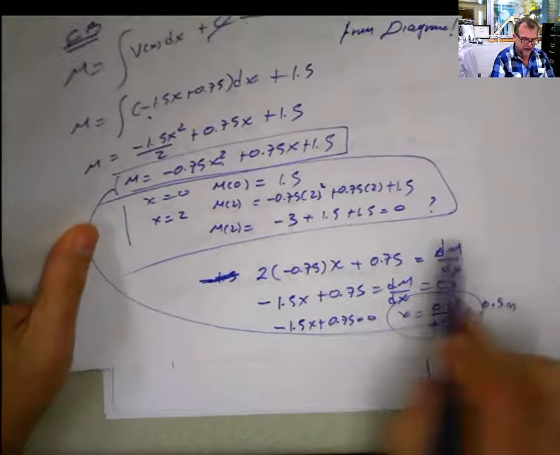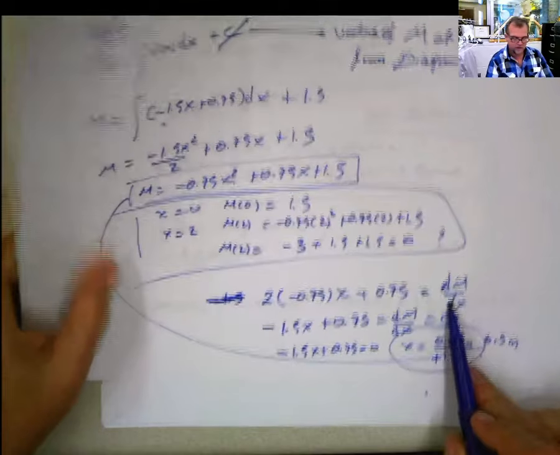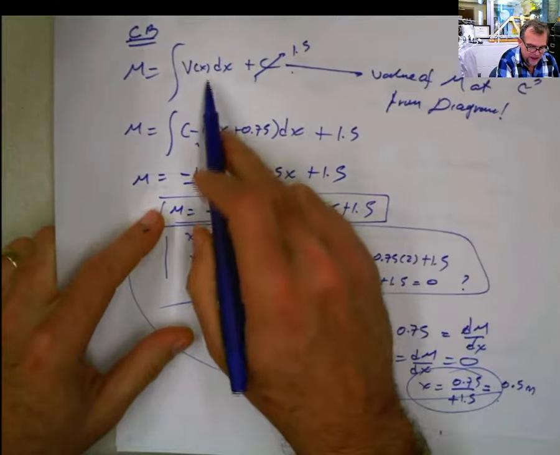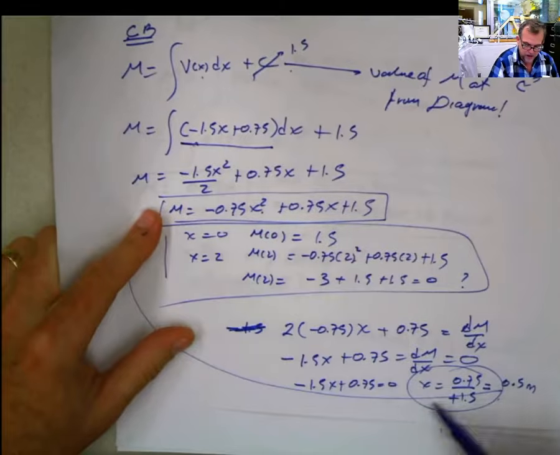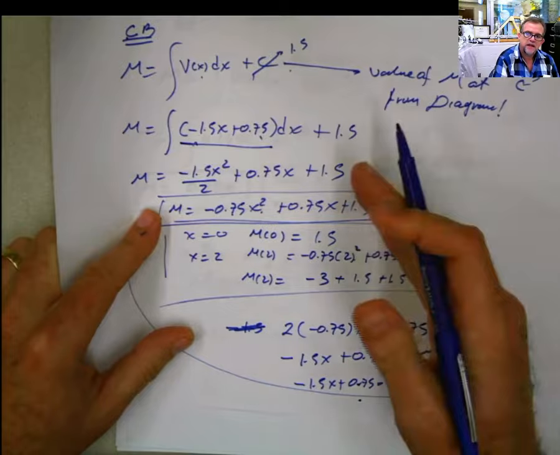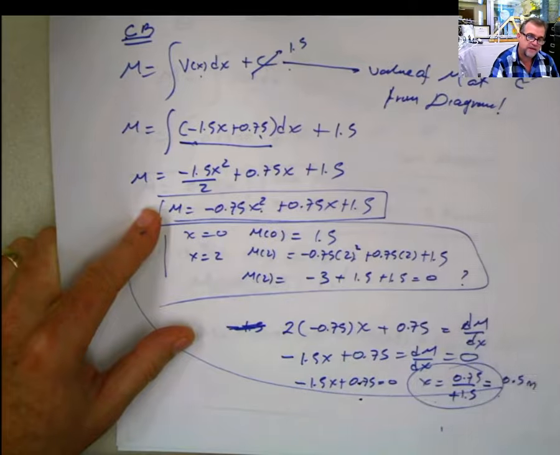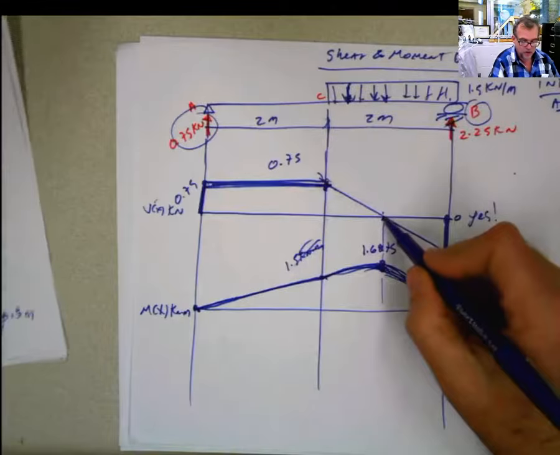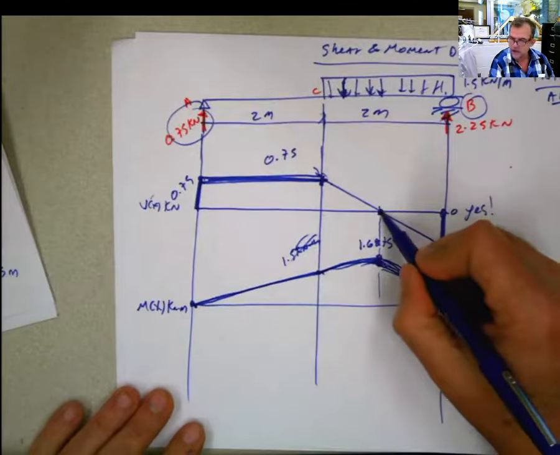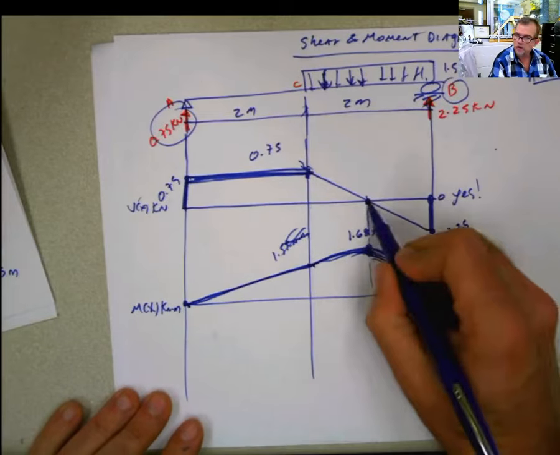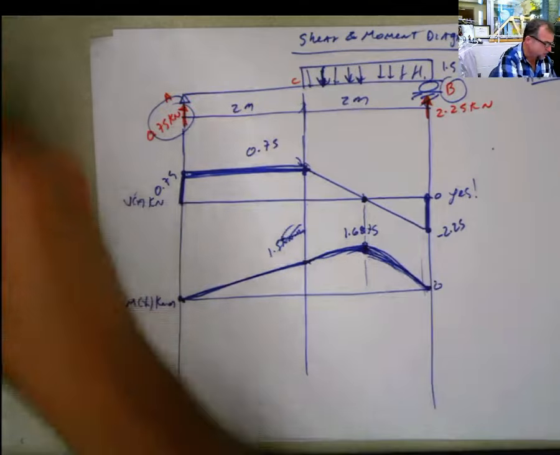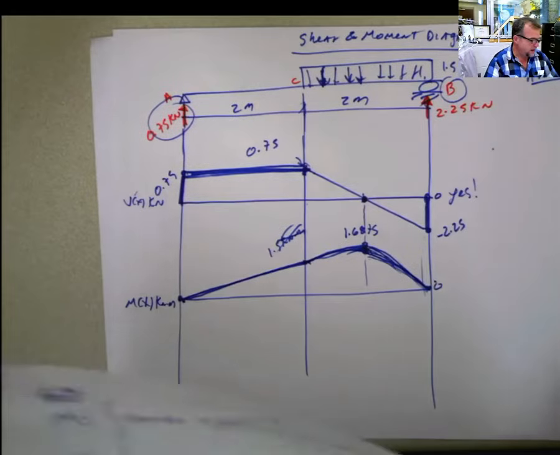that value, and I have to take the moment and take the derivative of the moment, if in first place I got the moment by integrating the shear, and this is the equation that it was there. Remember that the integral of the shear is the moment, hence the derivative of the moment is the shear. I don't need to go again and do the derivative. I already have the derivative. So wherever the shear cuts 0, that's going to be either local maximum or local minimum moment. So the only thing that I have to do in order to calculate that value is going back and find